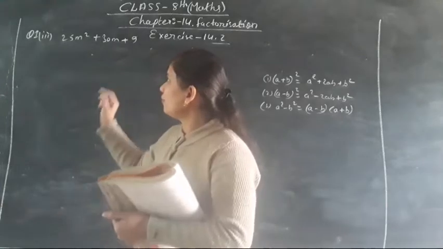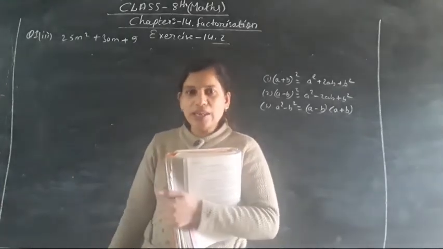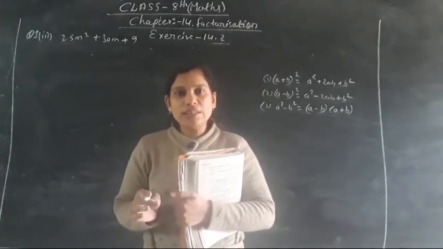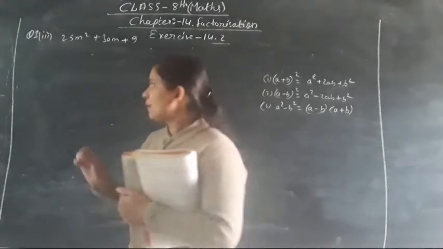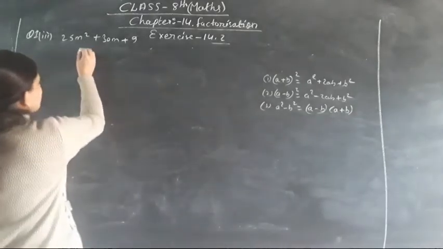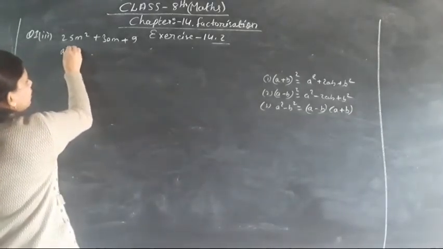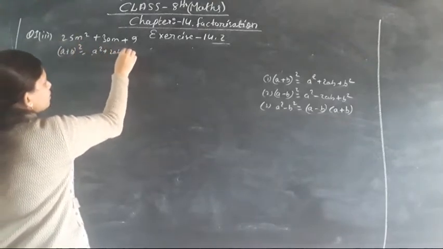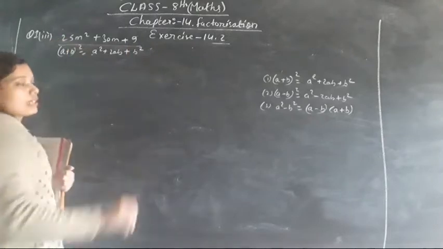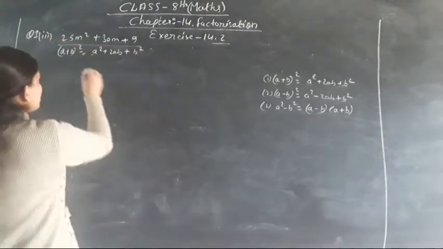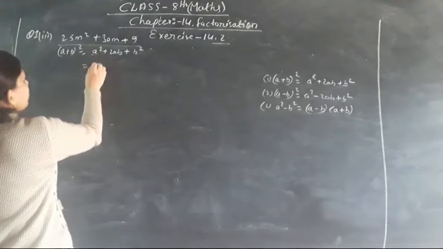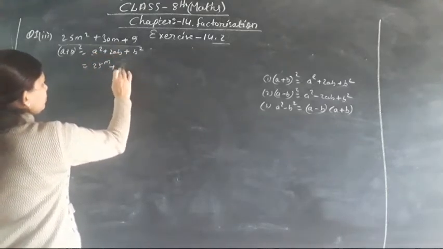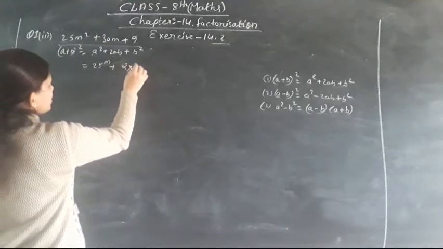So here we are having 25m square plus 30m plus 9. We will use the identity. Whichever method you feel is easy, you can use that method to solve it. So this is the second method. Can we use the identity a plus b the whole square is equal to a square plus 2ab plus b square? As all the terms are positive, we will use a positive identity. So here a square, that means 25m square, plus 2 will be as it is,